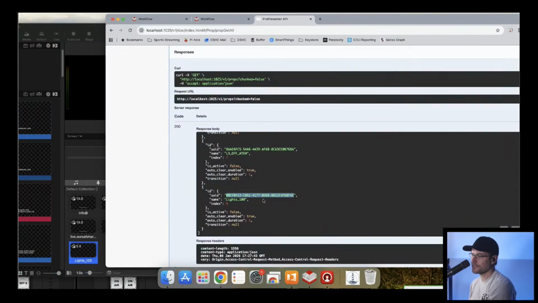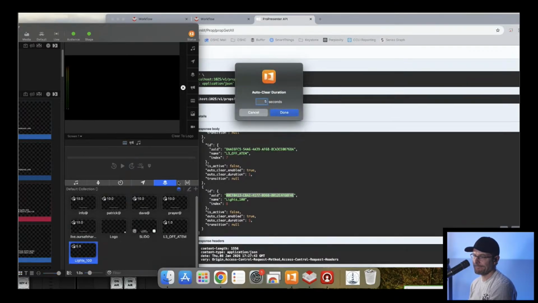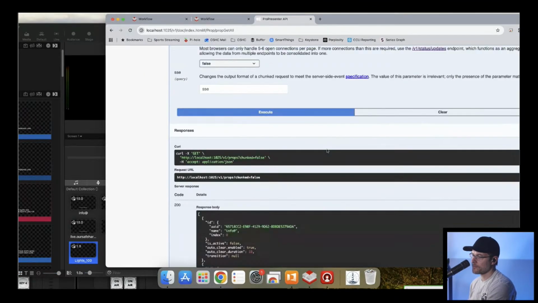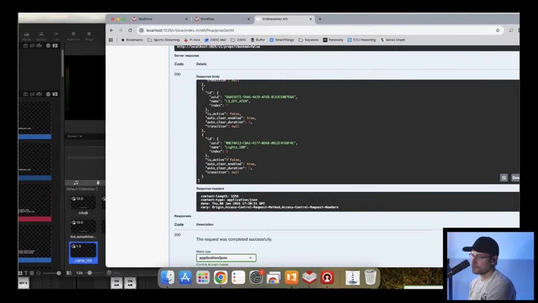I don't understand why. If I change the duration to 1 second and I rerun, does it update? Lights out. No, it didn't update.